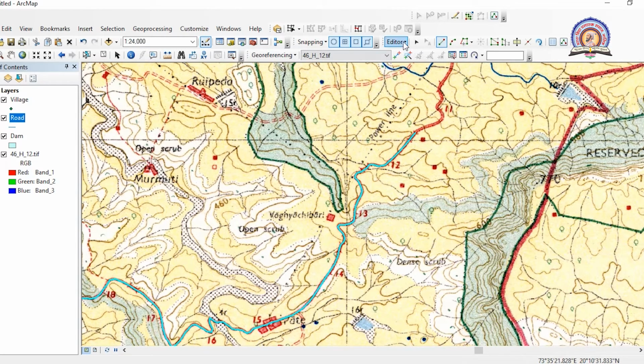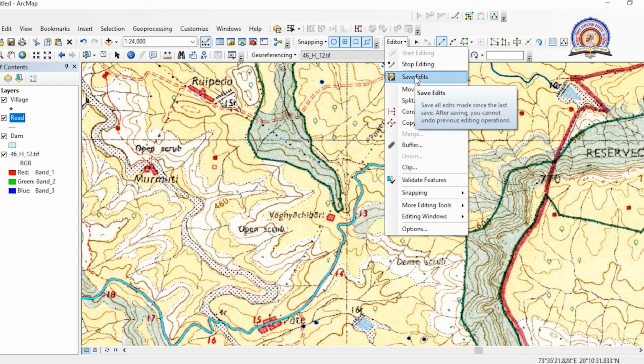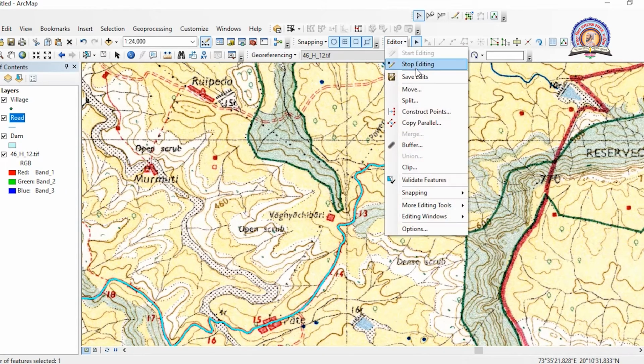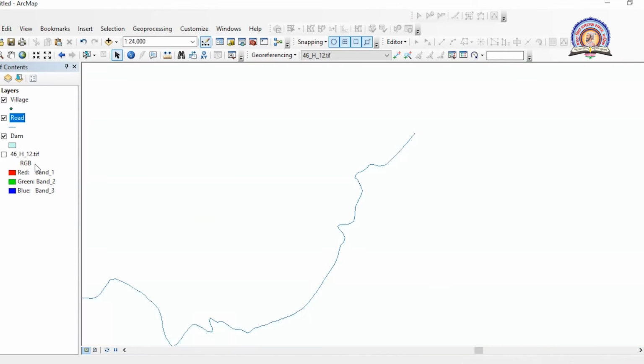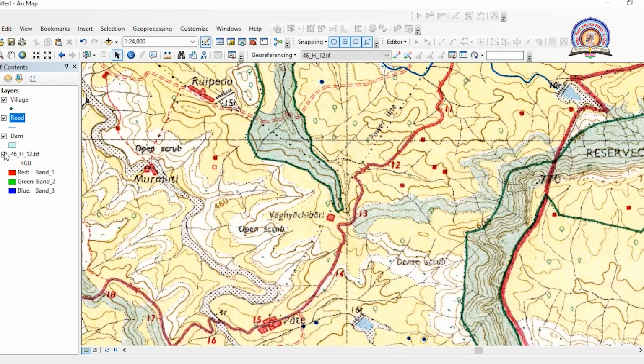Now simply what you have to do, you have to click on editor, say save edits, and then say stop editing. Now see, if I remove this base map from here, then also I can see a line over here. This means that by using this base map, I have created a digital layer of road by digitizing in ArcGIS.